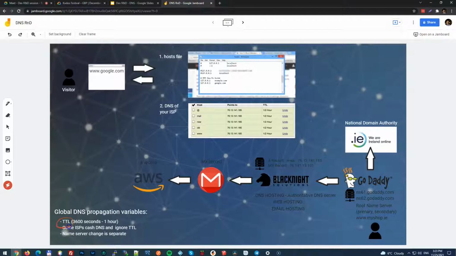You may have noticed that whenever you're creating a new record, whatever record it is, there is always a TTL setting, time to live in seconds. And basically what that does is tell the internet to cache this specific DNS record for that long, right? So if you set it for an hour, all the DNS servers around the world will remember it for up to an hour. And whoever requests DNS from their local server, for example, in America, someone wants to visit myshop.ie, they type it in their browser